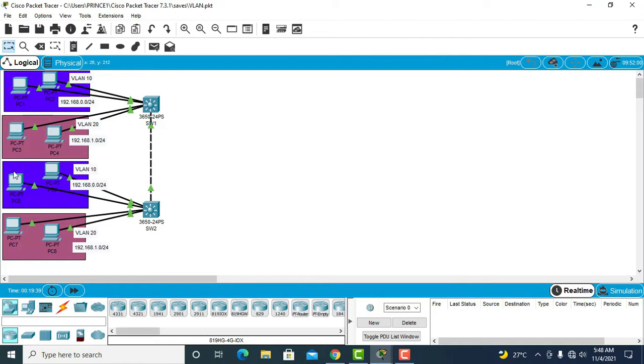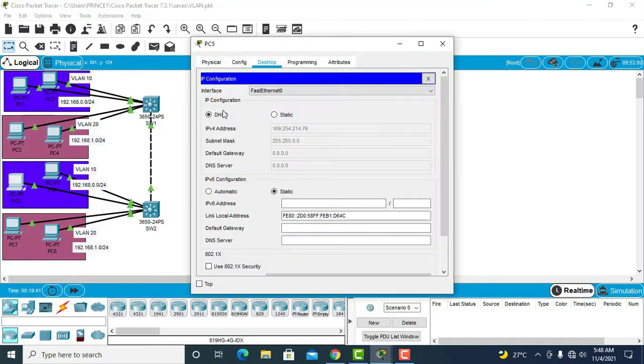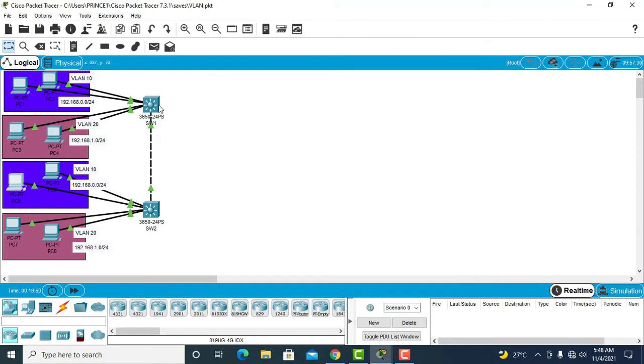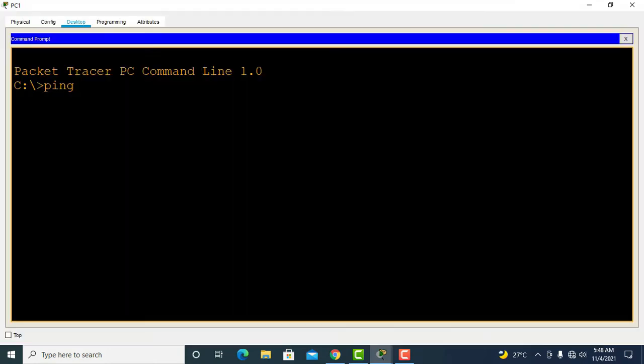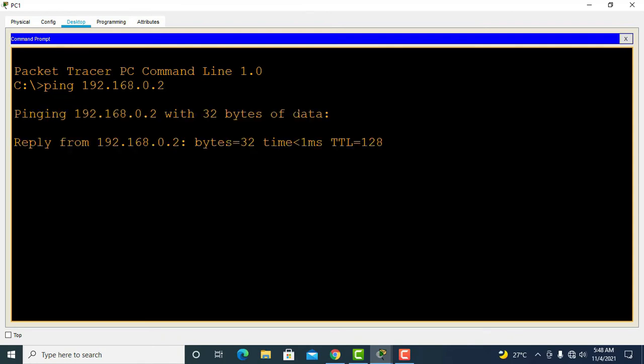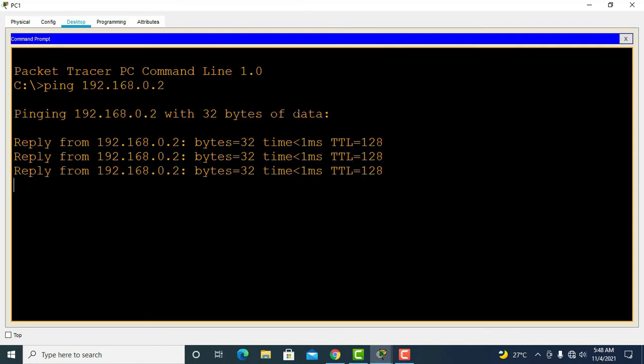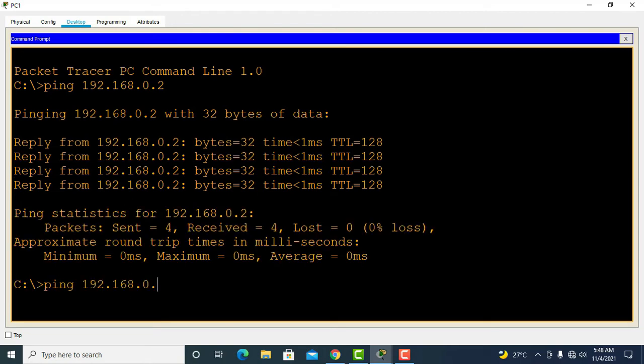Okay, nice. If you check here, though, this is not going to work for now, because we don't have any VLAN created. We don't have any connection between switch 1 and switch 2. Now let's see if we can ping our network 192.168.0.2. Yes, I'm able to ping 0.2. Now 1.1